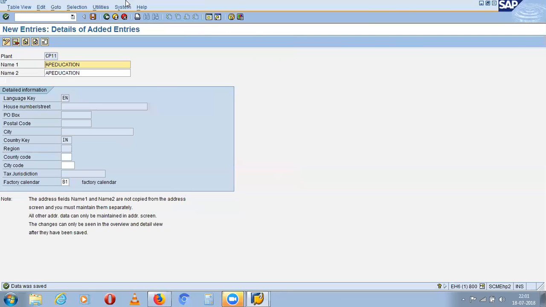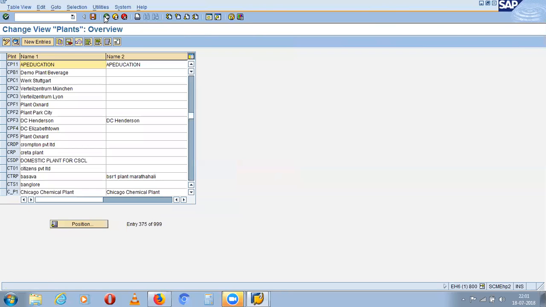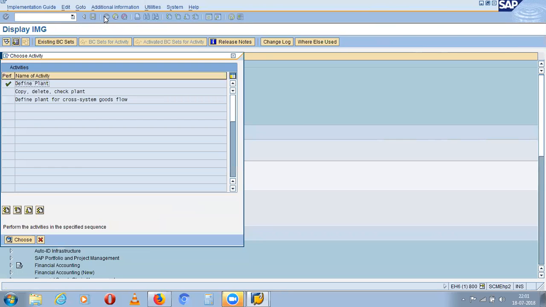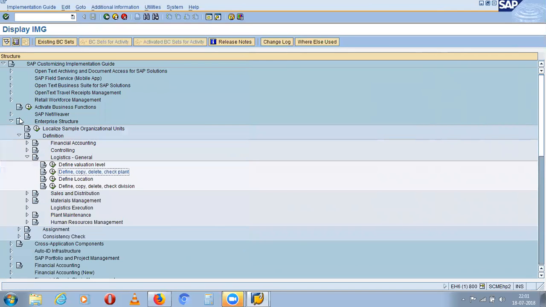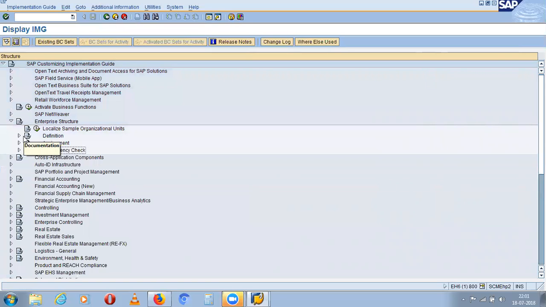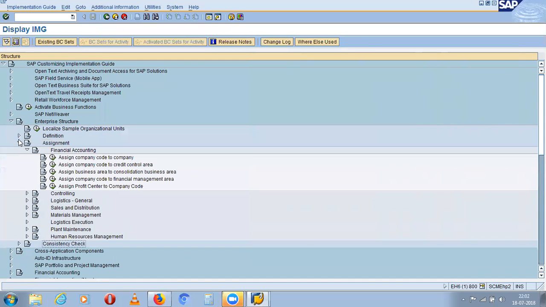Okay, go back. And then get into assignment. Definition done, now we go for assignment. Enterprise structure.